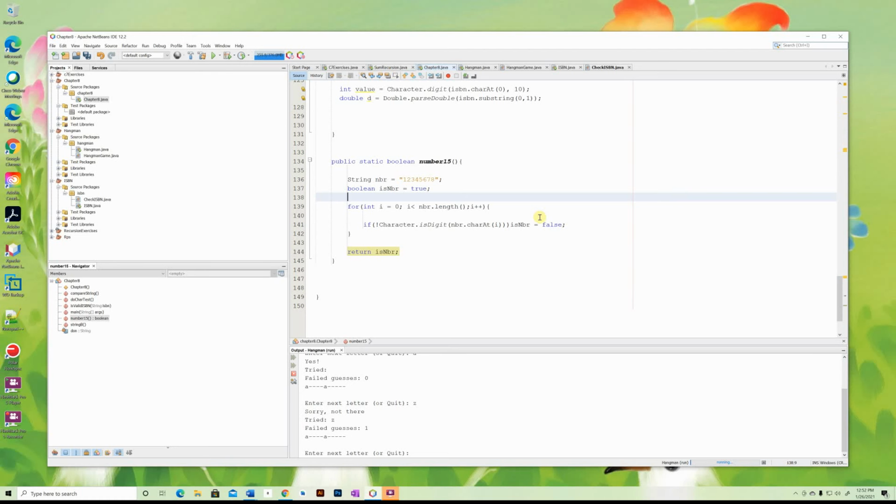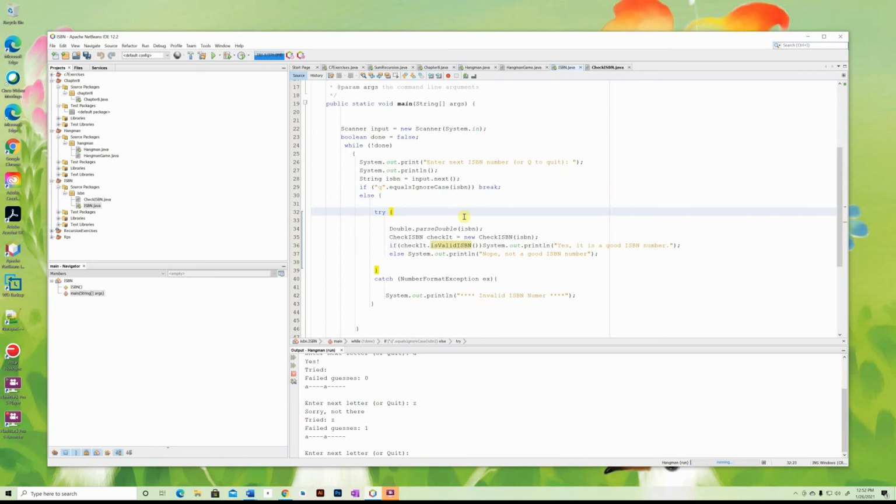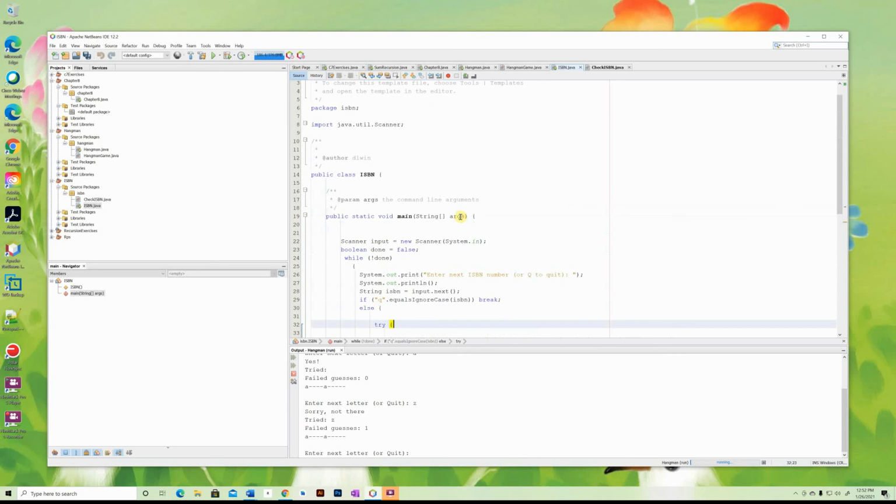All right, so that's the way that was done, but again, that illustrates using for loops that we covered in chapter 6. So now I gave you a problem. You guys, this is problem number 20, and I'll briefly look at that. What you are going to have to do is create a class that helps you check the ISBN number. Okay, so what I initially gave you, and this is the file you start to work with,